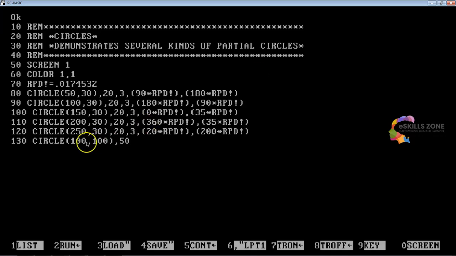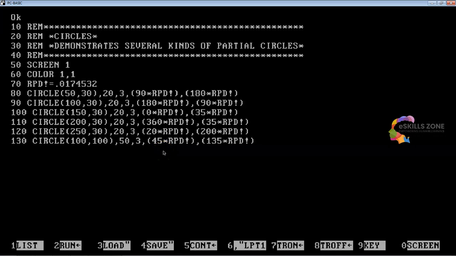You can see over here this circle is going to have a different radius, but having the same color, comma, starting value as 45 into RPD, and then ending value as 135 into RPD. A quite lengthy and quite technical program we're gonna